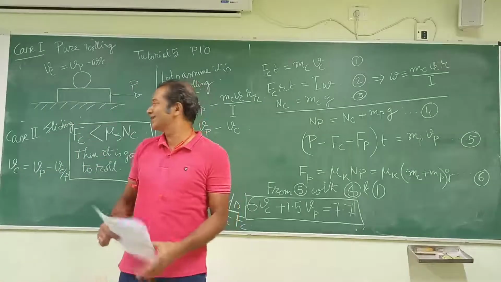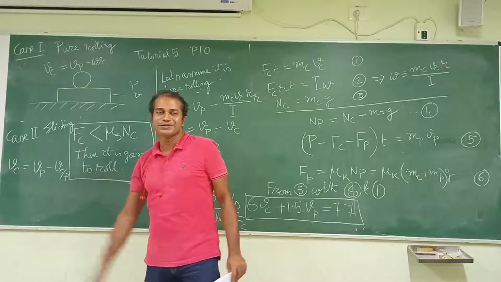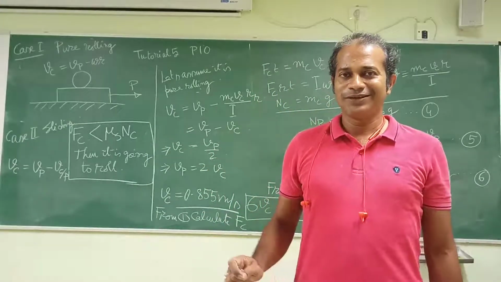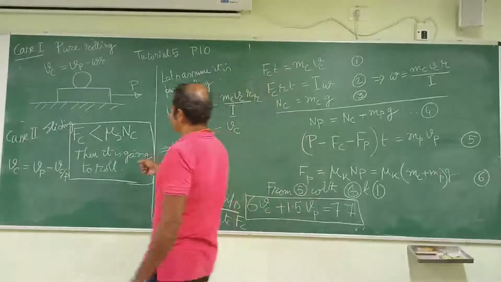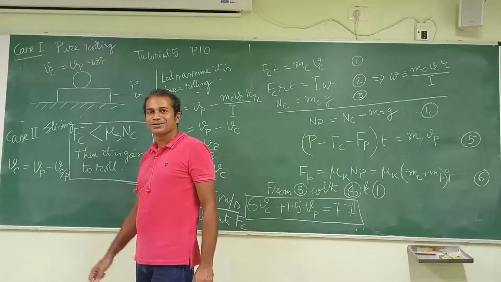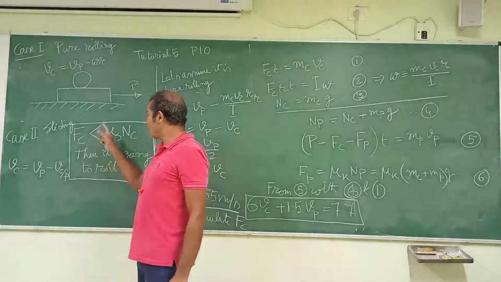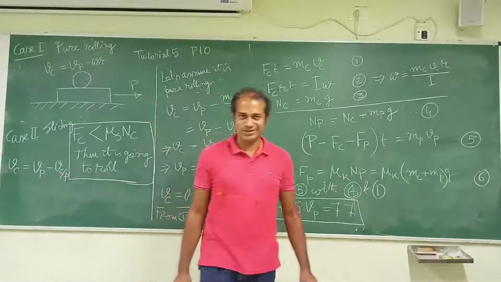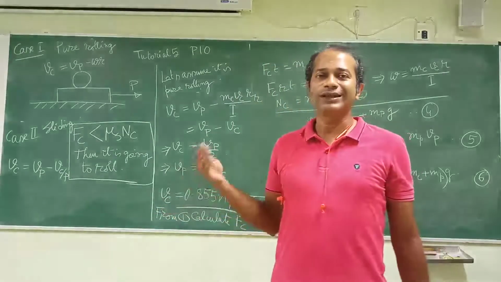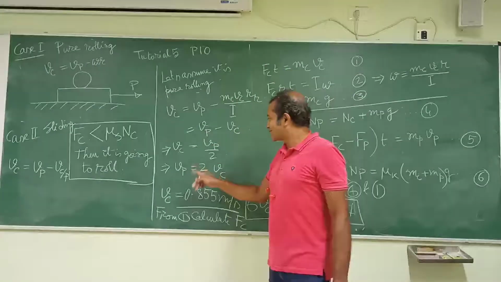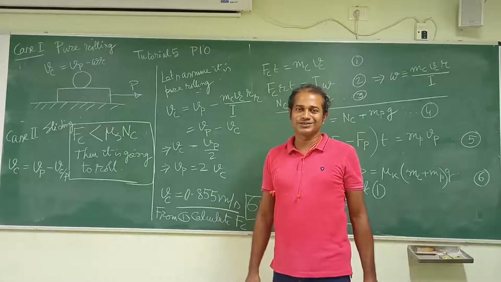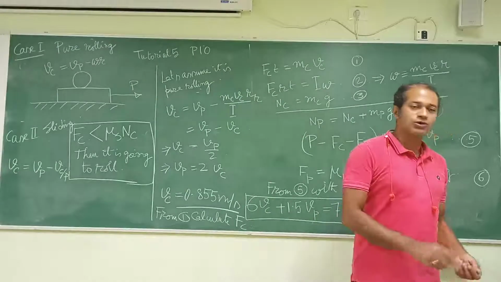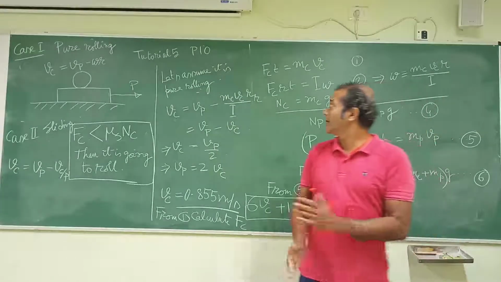If it is not the case, then this is what is the case. Because over here it is deterministic, and over there it is not deterministic. It is going to slide. That depends on what you are going to get out of it. That's all. So this concludes problem number 9.